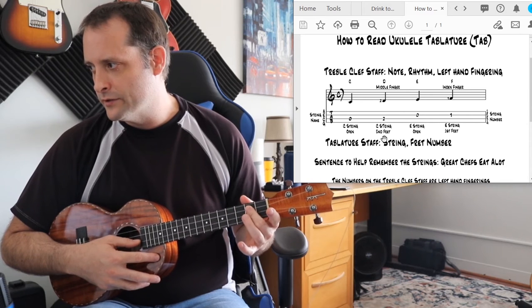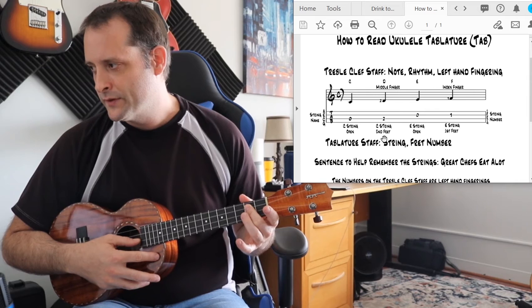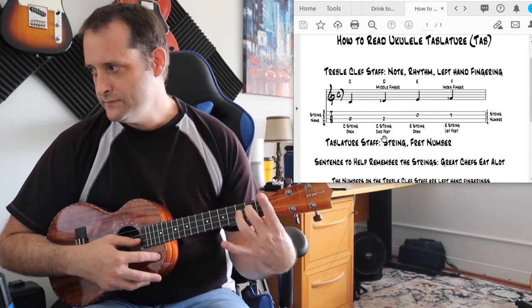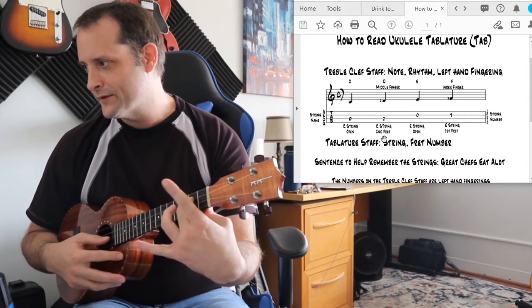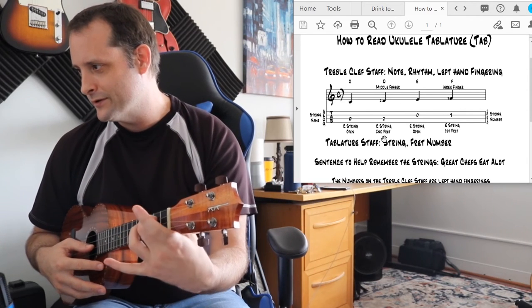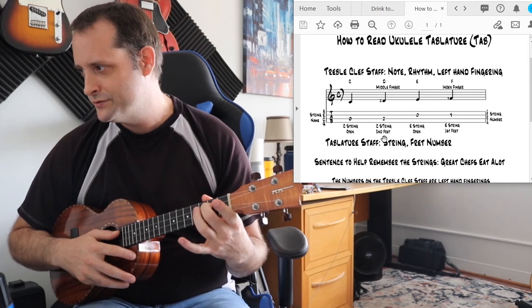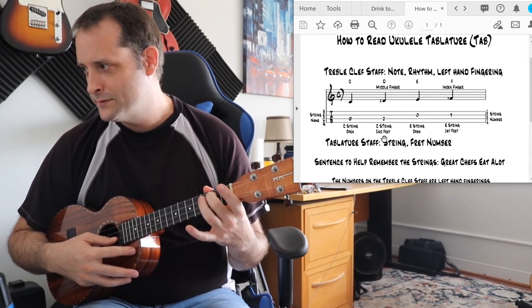Okay, you don't want to play notes this way with a flat finger. You don't want your finger to be like straightening out like this. You want it nice and arched. Okay,